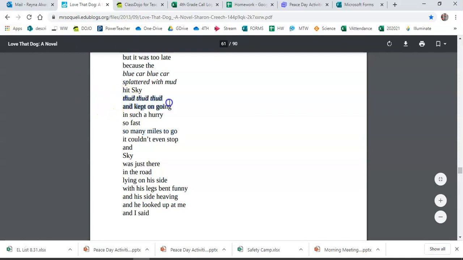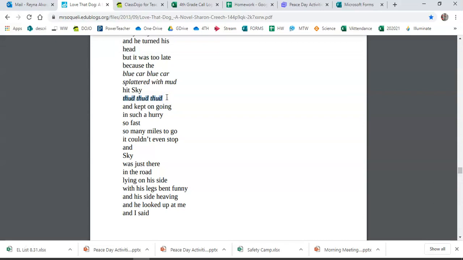Now, thud, thud, thud. Boys and girls, what is that an example of? Remember, it's the words that make a sound. It's onomatopoeia, so great job if you said onomatopoeia. Yeah, so the speaker, the author, the poet is trying to illustrate in my head. That means give me an image. So imagery, he's using sensory language, so that I can see that Sky probably, he hit him so hard because he was going so fast. I could almost see Sky going up in the air